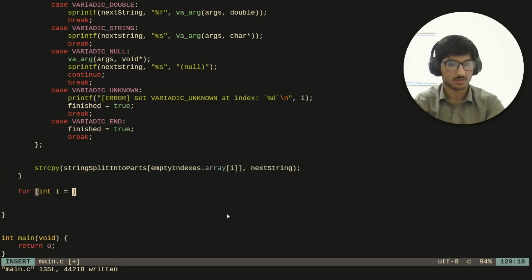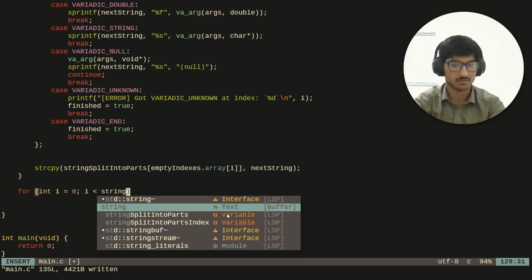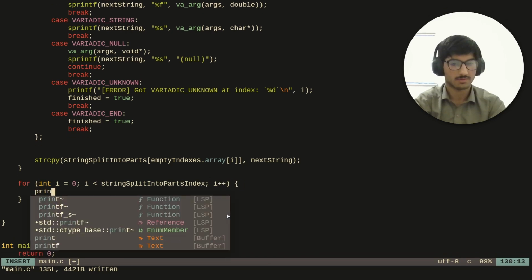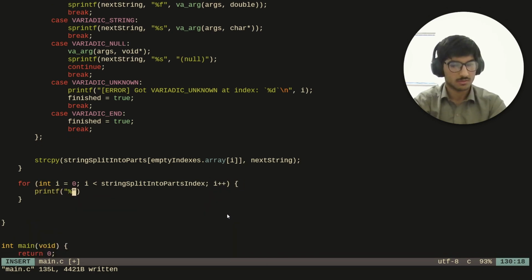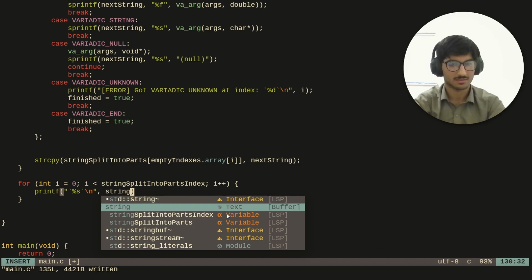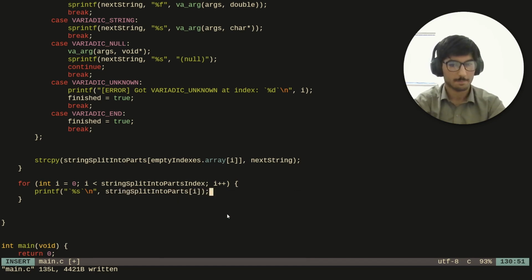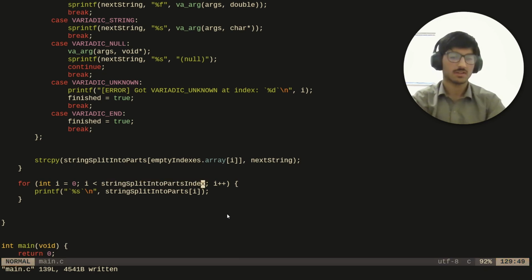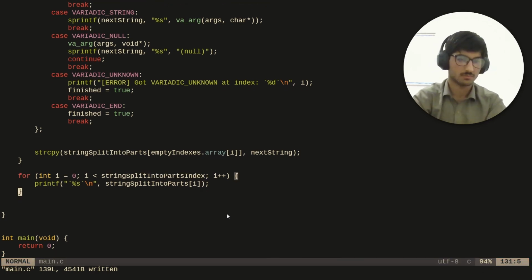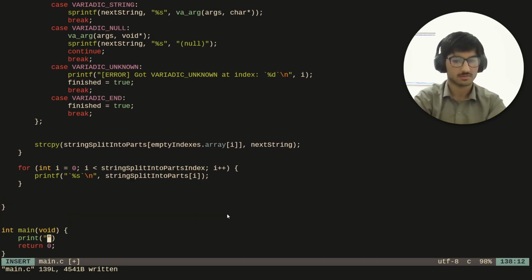So we do for int i equals 0, i less than string split into parts index, i plus plus, printf "%s\n", string split into parts at i. We know that there's going to be no value at string split into parts index because we always increment over it. So if we do printf, let's say "hello %s", then we do a new line, then we do something like